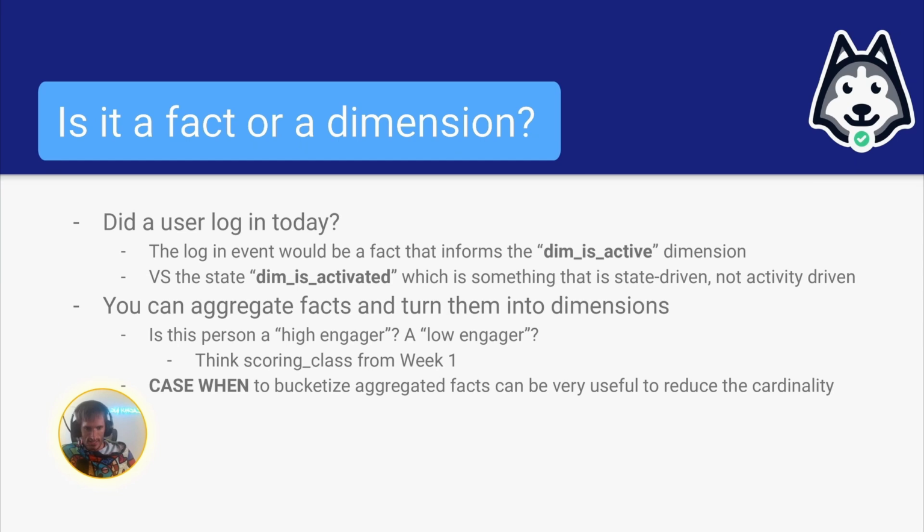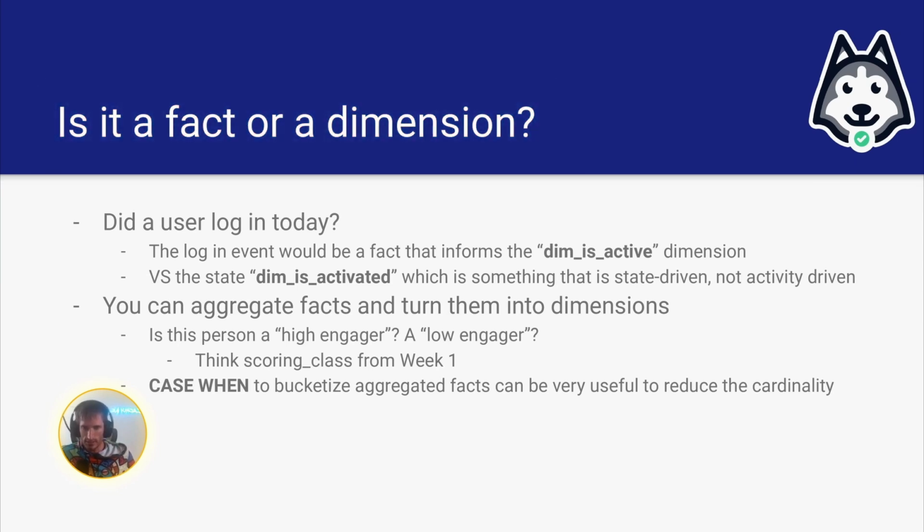Is it a fact? Is it a dimension? How do we know? What is the way to really differentiate these things? One of the things that came up a lot at Facebook in terms of these definitions that sound so similar, but I think really illustrate the difference here: when I worked in growth at Facebook, there were 2 concepts. You have dim is active and you have dim is activated. These are 2 different